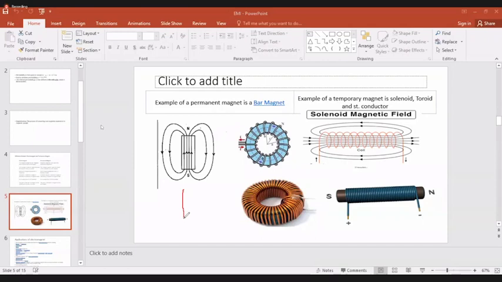This is a straight conductor. This straight conductor has two terminals, terminal 1 and terminal 2. And when current flows in this conductor from terminal 1 to terminal 2, then according to Oersted, the scientist who found out the electromagnet, when current flows, the magnetic field lines generate around the conductor like this. Magnetic field lines generate around the conductor.